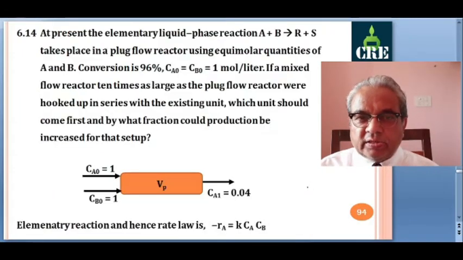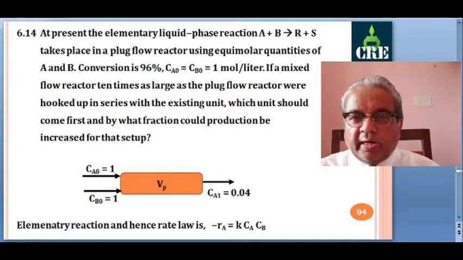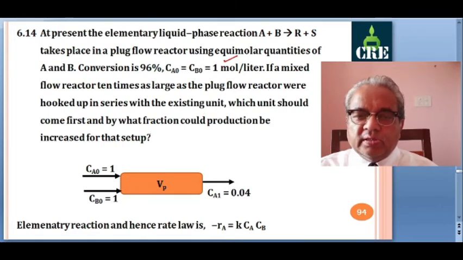Okay, next is 6.14. At present, the elementary liquid phase reaction A plus B giving R plus S takes place in a plug flow reactor using equimolar quantities of A and B. Ca0 is equal to Cb0 is 1 mole per liter. Conversion 96%. If a mixed flow reactor 10 times as large as the plug flow reactor were hooked up in series with the existing unit, which unit should come first and by what fraction would the production be increased for that